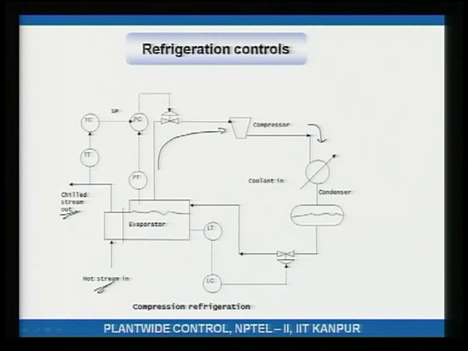The idea is, okay, there is a large pressure drop across this valve. You see, this evaporator is at low pressure, compressor brings it to high pressure. So, this is at high pressure, this is at low pressure, because the pressure here will be whatever is the pressure here, which is the same, which is low pressure. Okay. So, because of this large pressure drop across this valve, the refrigerant undergoes partial vaporization.